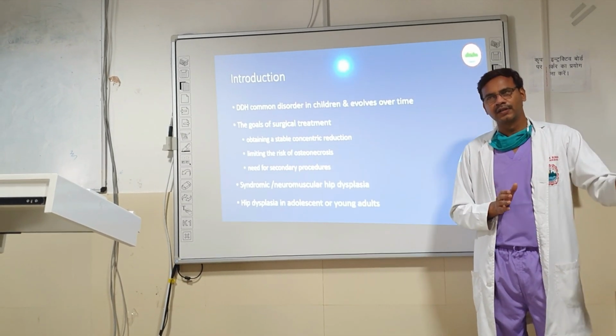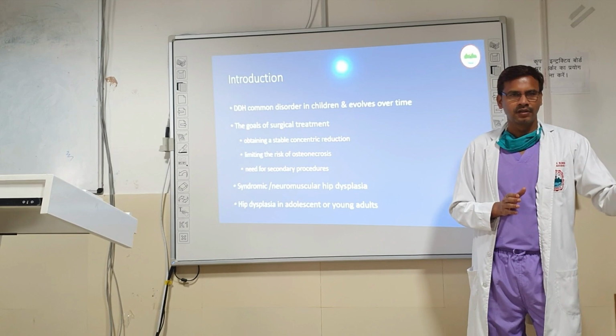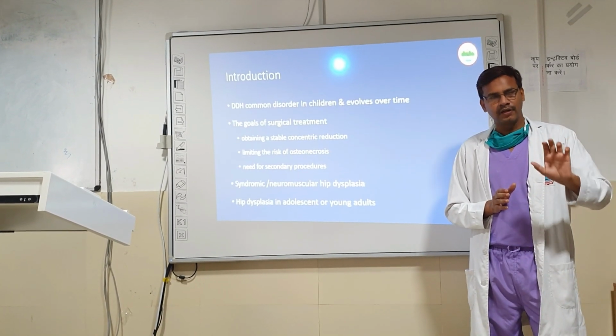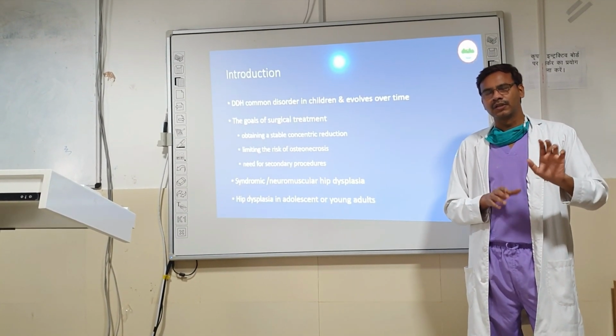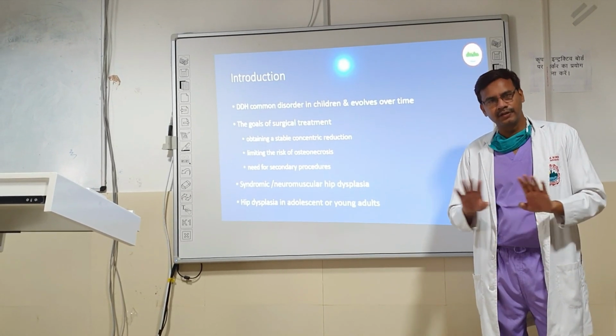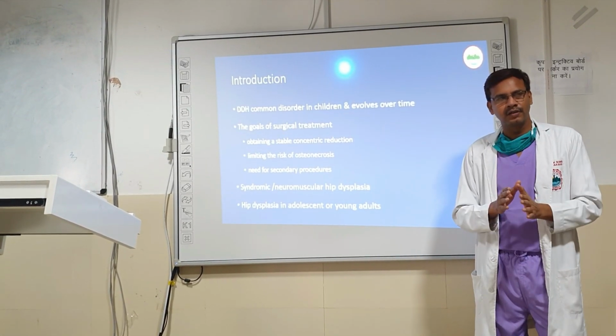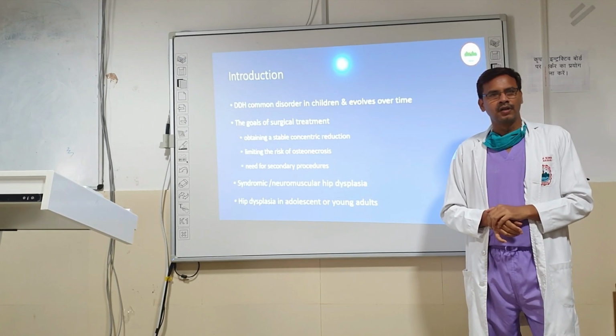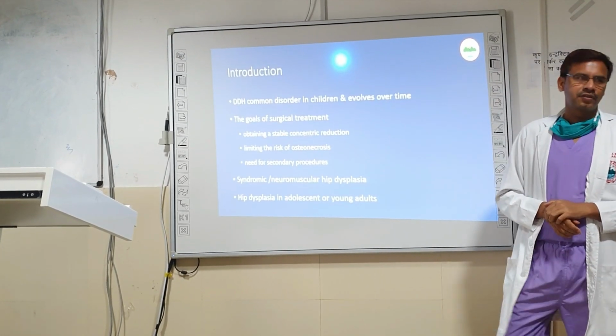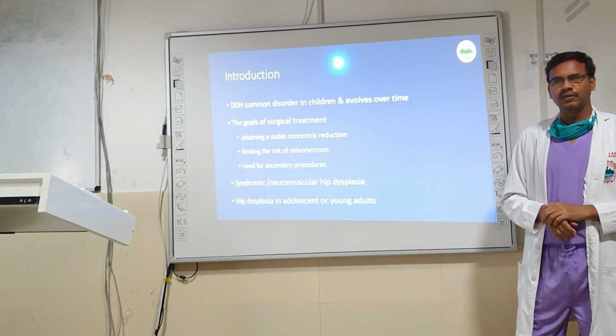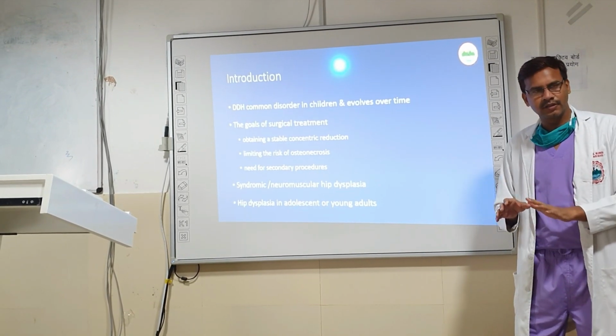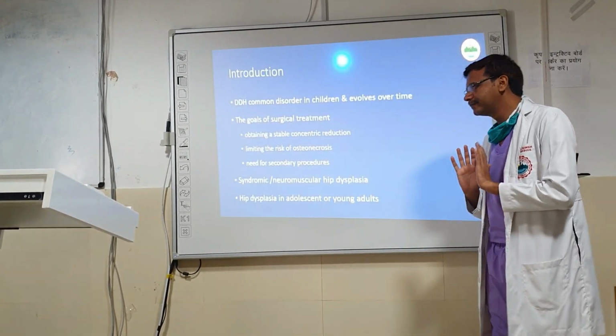So there are three presentations. One is an infant where the hip is completely normal, otherwise picked up by some test. On the other end of the spectrum is the completely dislocated variety, and in the middle is a dysplastic hip. Initially the term was CDH, congenital dislocation of the hip, but the proper term nowadays is DDH, developmental dysplasia of the hip.